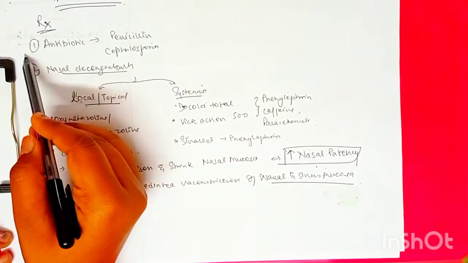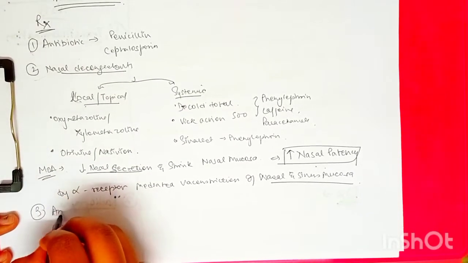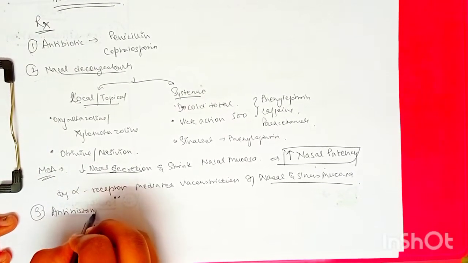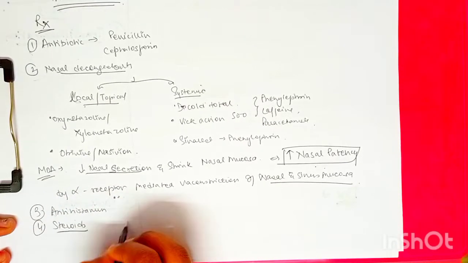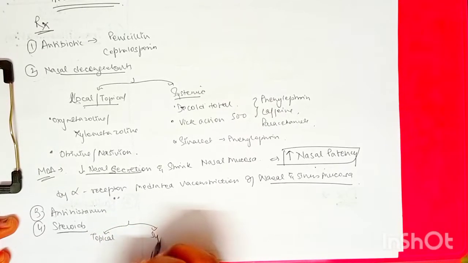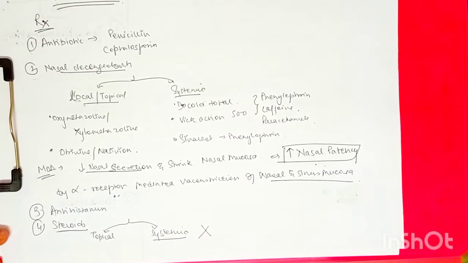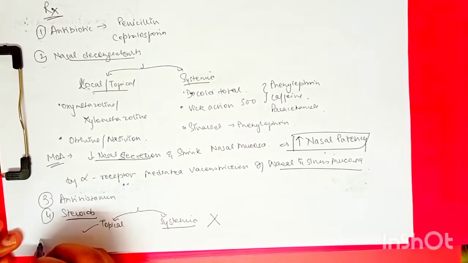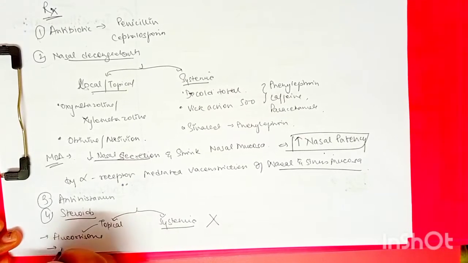Now we can give antibiotics, we can give nasal decongestants. Other than this, we can also give antihistaminics, we can give steroids. However, when we talk about the topical and systemic, systemic are not preferred because we all know it will have systemic side effects. So we prefer topical. In topical, we can give fluticasone,